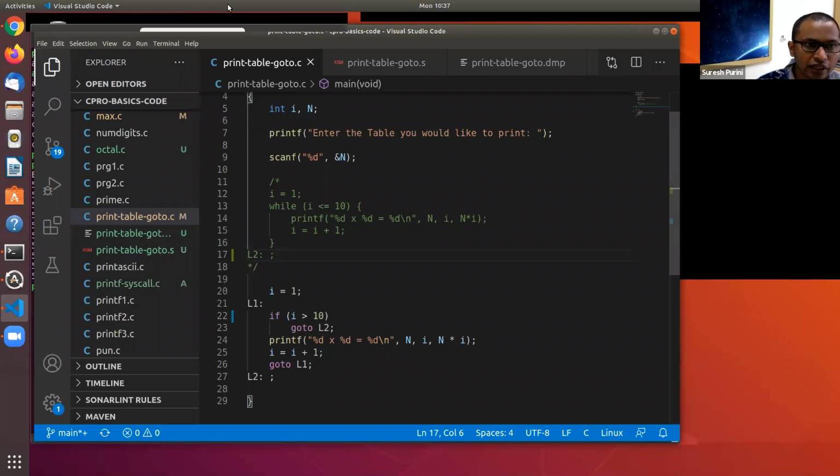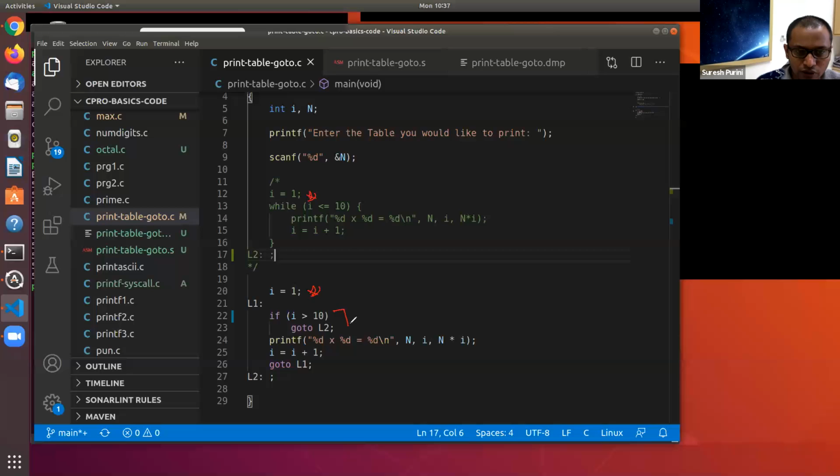So this statement here is equal to this statement. And on line 13, we are checking if I is less than or equal to 10. If I is greater than 10, you want to go out of the while loop. And that's what we are doing here.